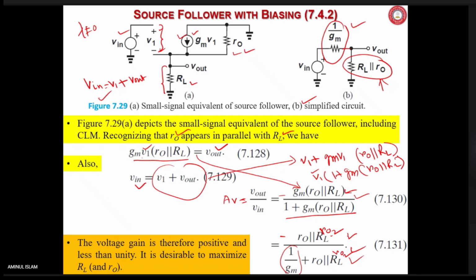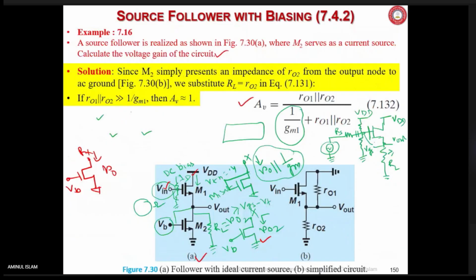Okay, RO2 in this expression, if you replace the RL with a transistor like M2. Is it understood? This expression Av, concentrate on this. I have drawn so many things to explain previously, so forget about that. Here also I am showing that Vin will have the bias voltage here. After Vin, maybe one coupling capacitor will be there, so those things are omitted here for simplicity.